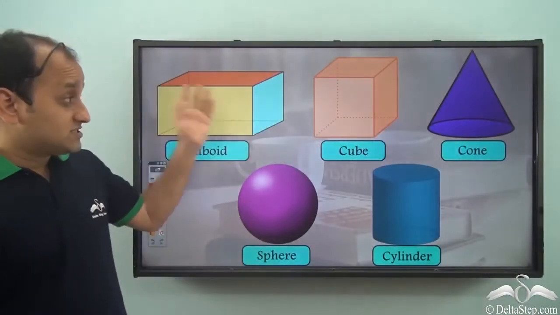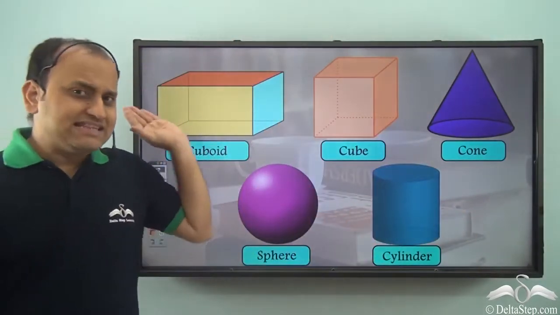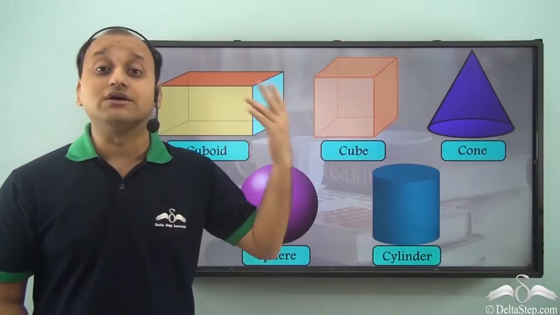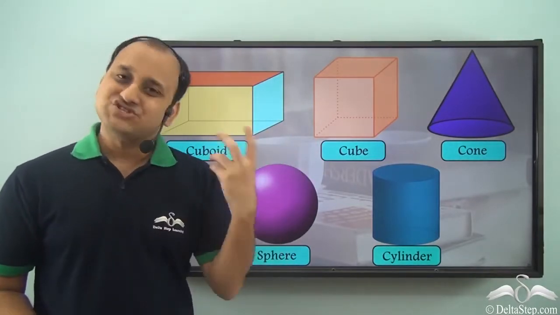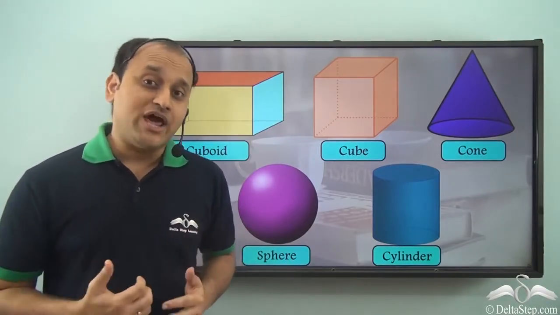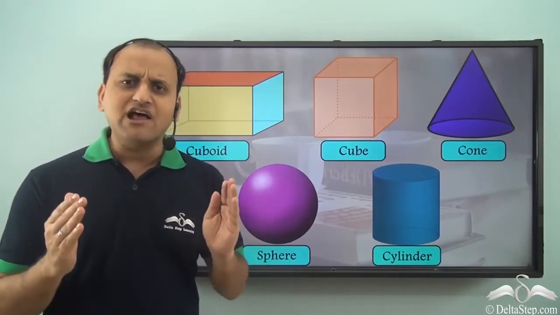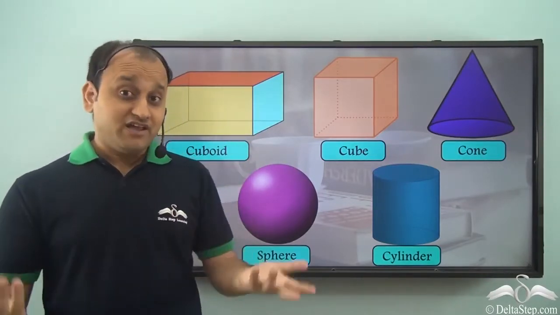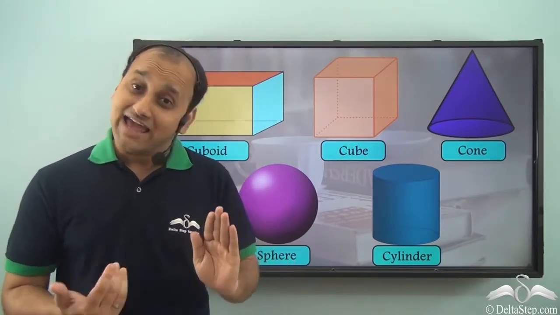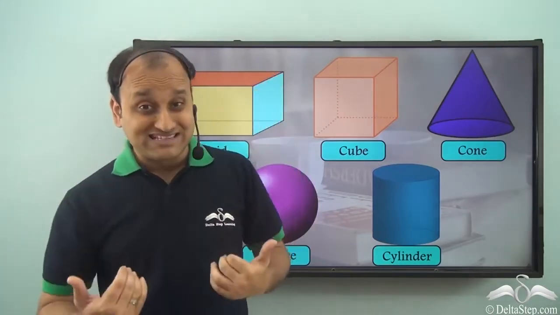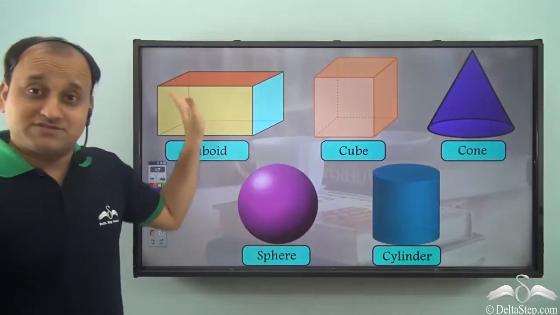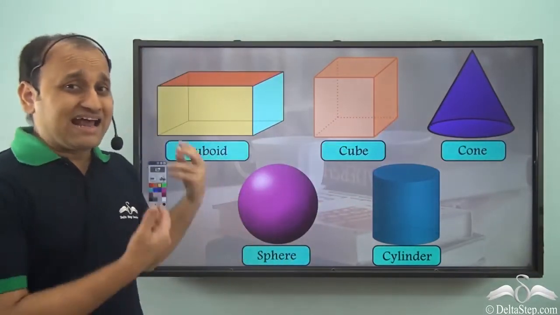So we learnt about some new shapes, and these shapes are very different from the shapes which we had learnt about earlier. For example, circle or square, rectangle or even a triangle. All these shapes are very flat, but in real life we don't find many objects which are exactly flat like those shapes. Well, we usually see things which have shapes similar to these shapes, isn't it? So what are these shapes?